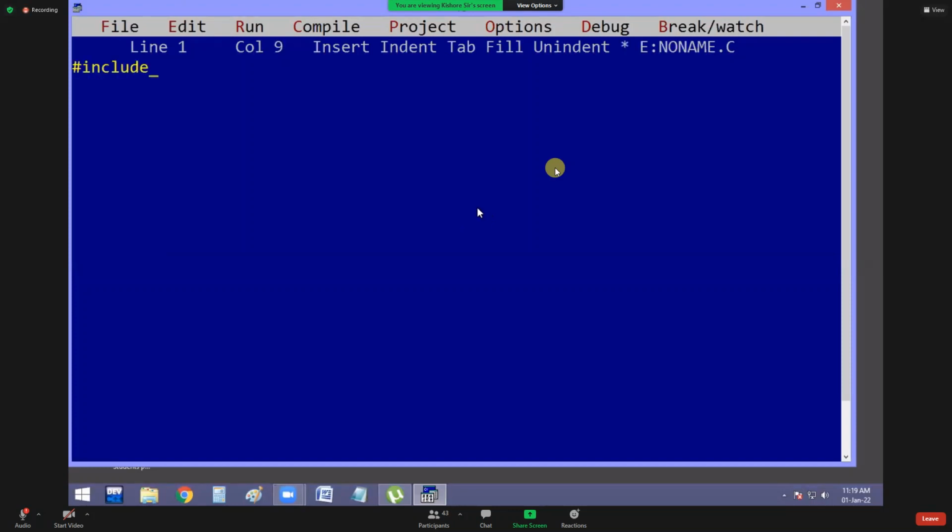First, the common header files, stdio.h, conio.h, and the main function. Now the first example is this one, guys. Everyone take a look at this. Suppose I'm going to write a program like this: printf("%d\n", sizeof(a));